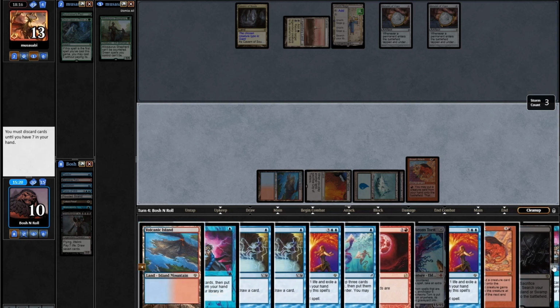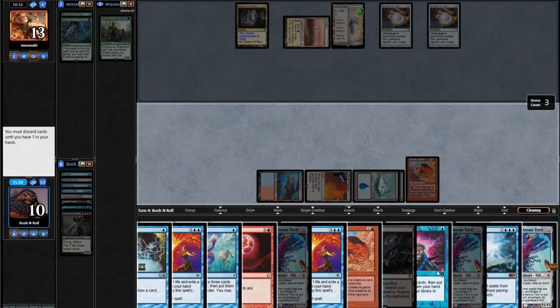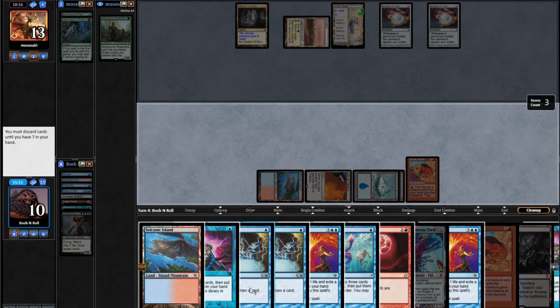Yeah, I think I can Force of Will most answers to my resolved Sneak Attack. I don't want to commit to a second one. Omniscience isn't doing anything this game. And just like Preordain and...